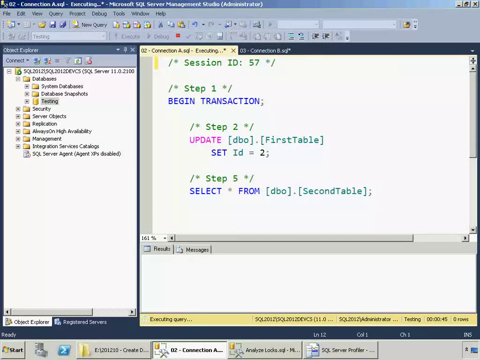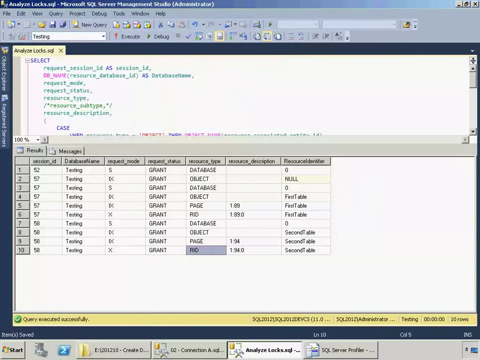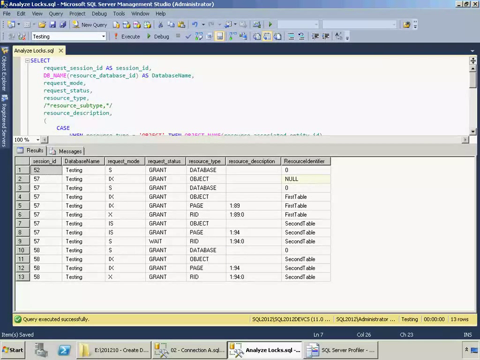If we go and look at the locks, you can see that before I executed the select statement, all our locks were granted. When I run the query again, I'm going to see that now we have to wait to read the row that is exclusively locked by the other session. And you can see this by looking at the RID for both of the locks. So still we haven't created a deadlock.